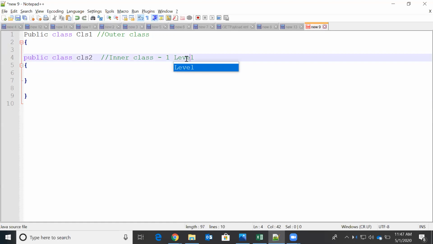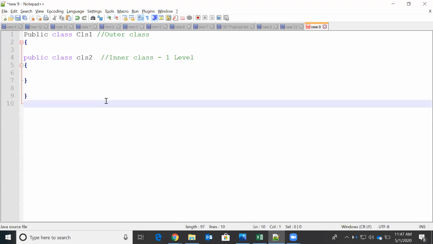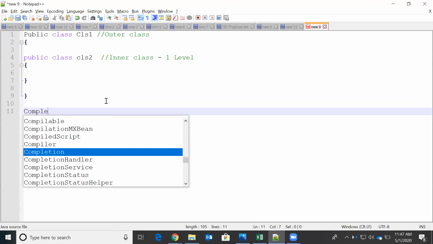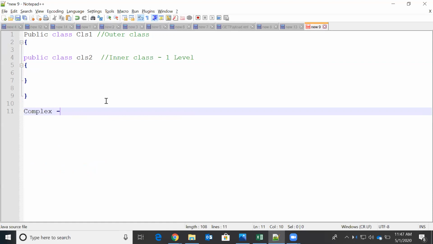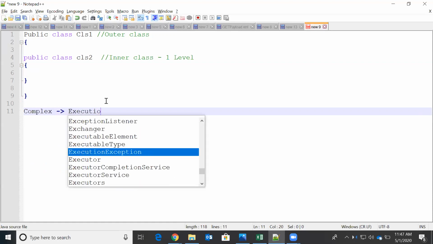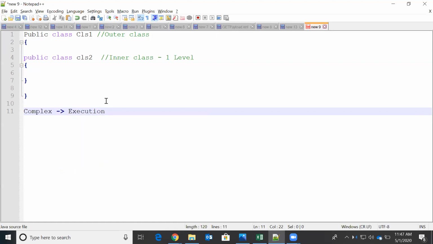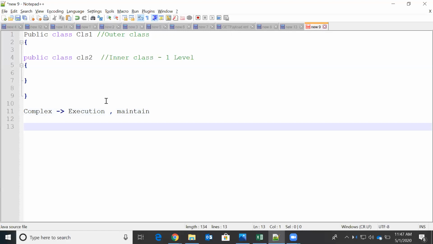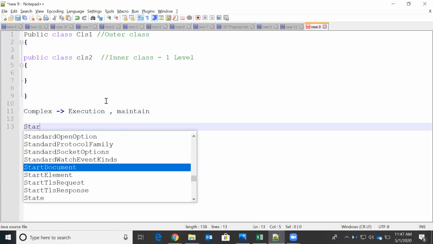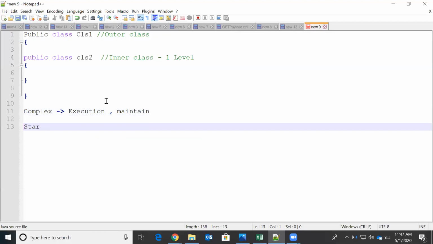Why is it not allowed? I'll tell you a simple example. If you write more inner classes, the complexity will increase, complexity in terms of execution. It will take more time, and maintenance will also become more difficult. A simple example: let's say you have a five-star chocolate.